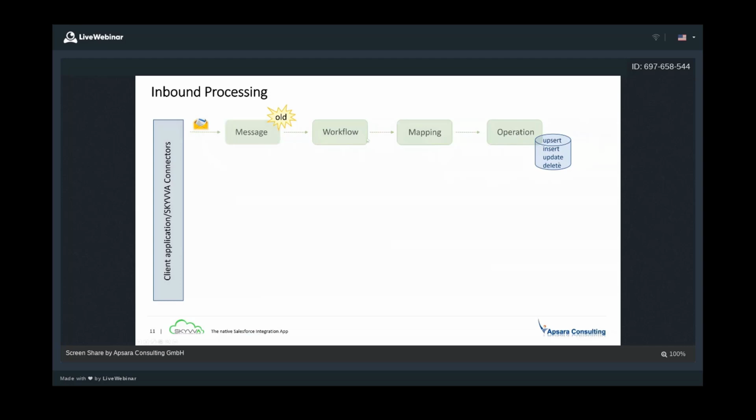So you cannot say, oh, I have a very complicated mapping, so I want to replace only the mapping block, and the other ones I still need, like the standard workflow step for condition-based processing, and the operation where I do the database operations. I need only the mapping to be done with my own logic. That is not possible. When you need to do it, you need to replace all 4 steps with your Apex class. So that is too